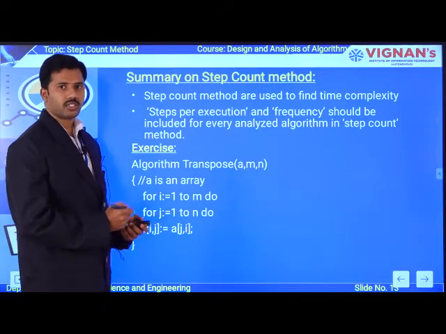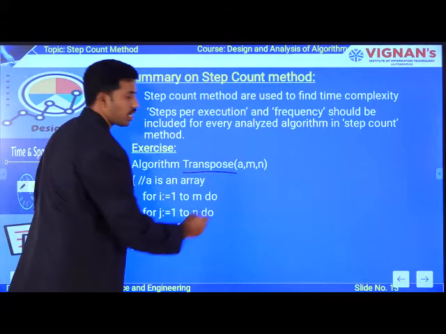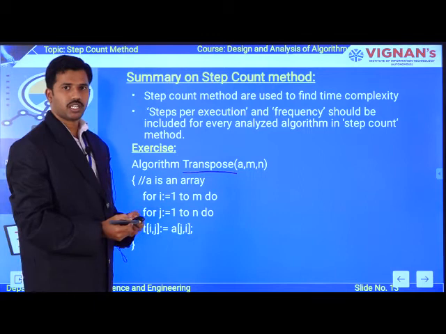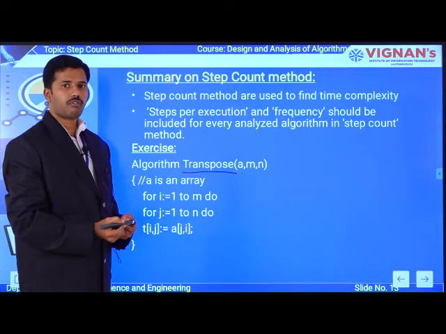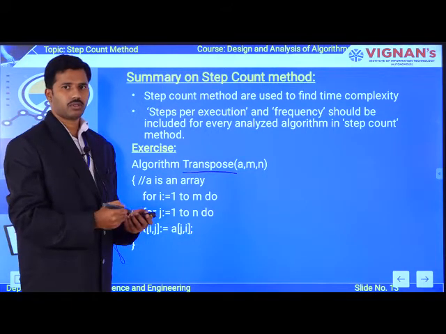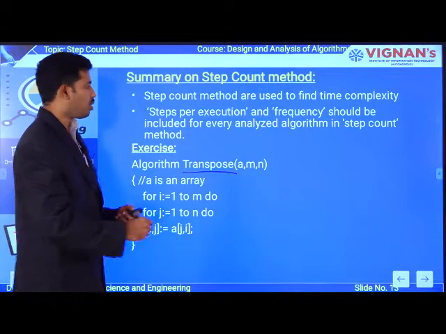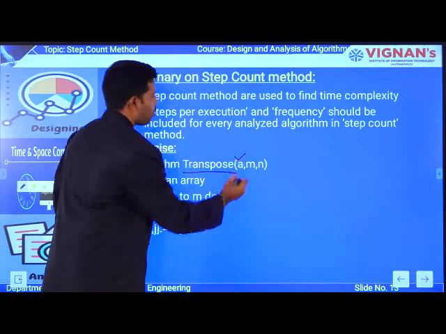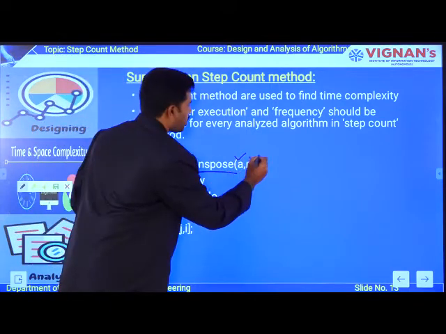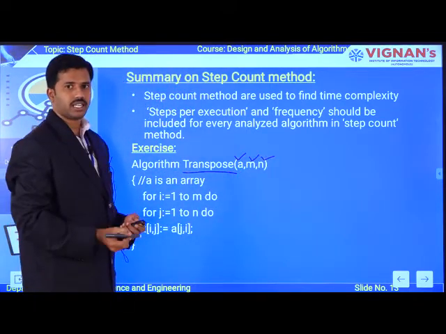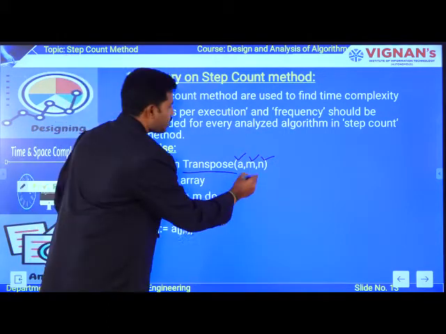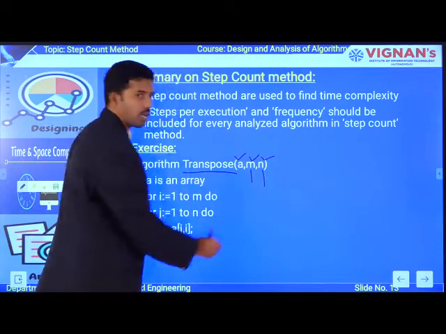In addition to these examples, here I am going to give you an exercise, which is the transpose algorithm. This accepts three parameters as input. What is the main theme of the transpose of an array? Simply, you are converting rows into columns and columns into rows. You are applying that operation on a single input array. The second and third parameters define the dimensions of the input array A. M defines the number of rows and N defines the number of columns.